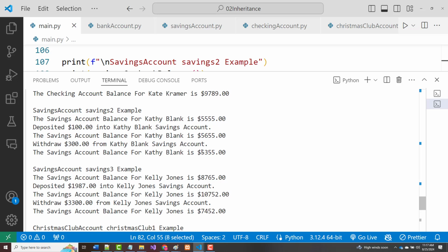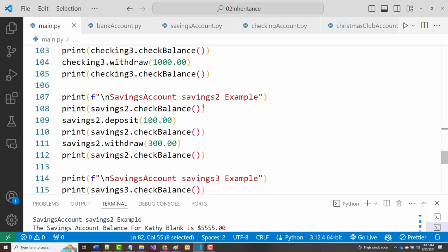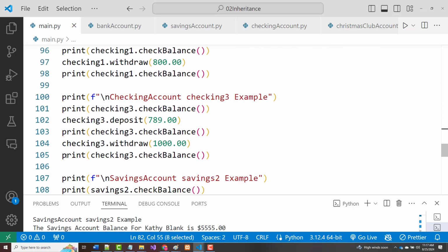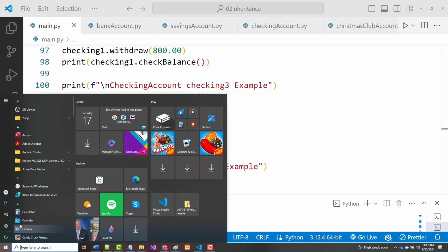There it is, $56.55 and $53.55. Then let's look at the next one, which is savings account 3. And again, 3 had in it $87.65. All right, so $87.65, if we add $7.89 to it,